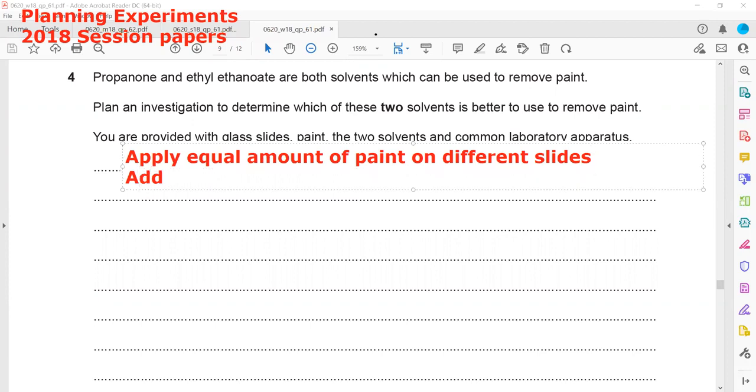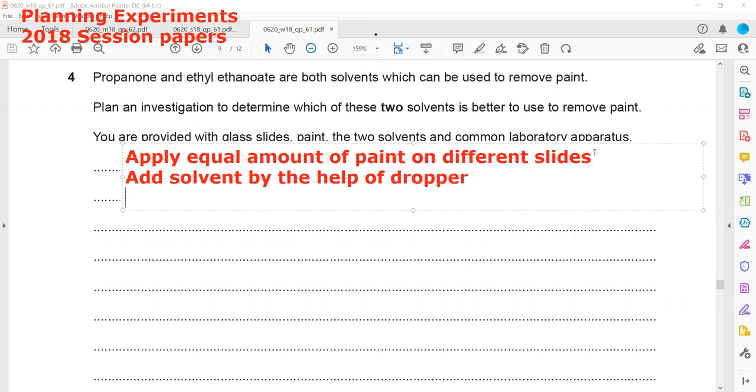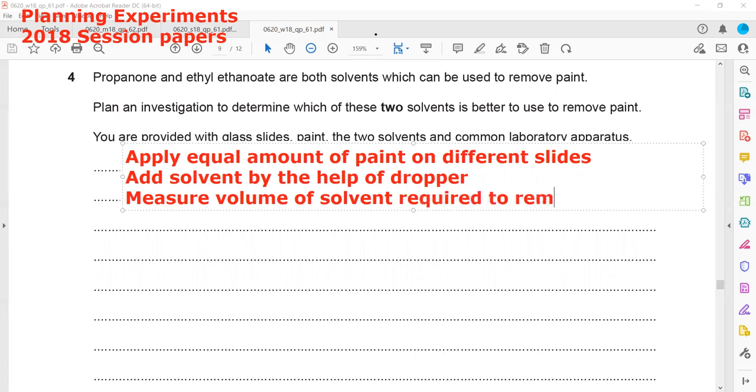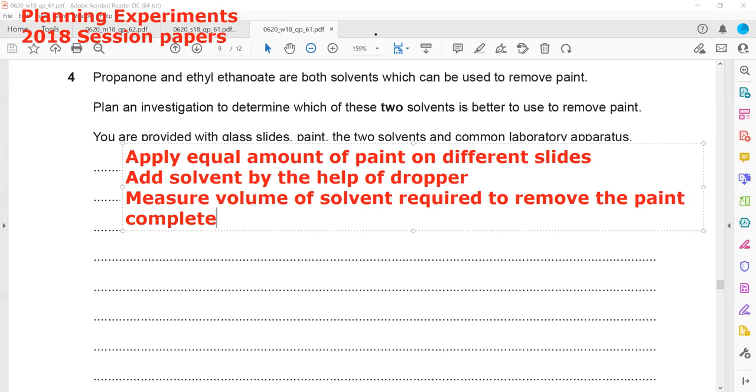Then we will add solvent with the help of a dropper, and we'll measure the volume of solvent needed to remove the paint completely. Then we'll repeat with the other solvent,